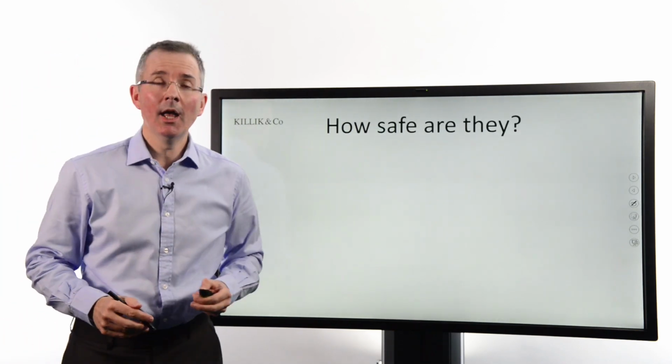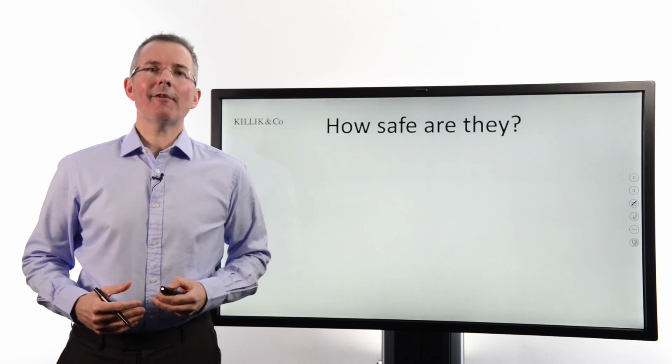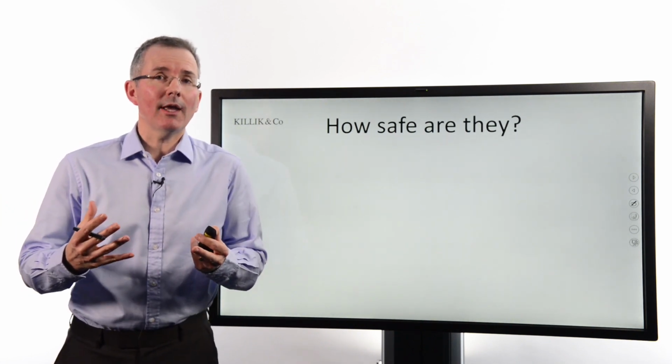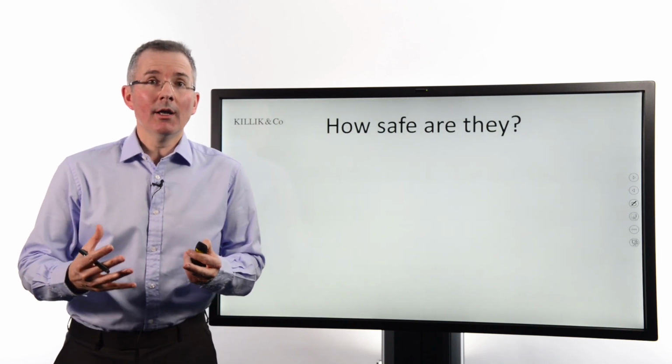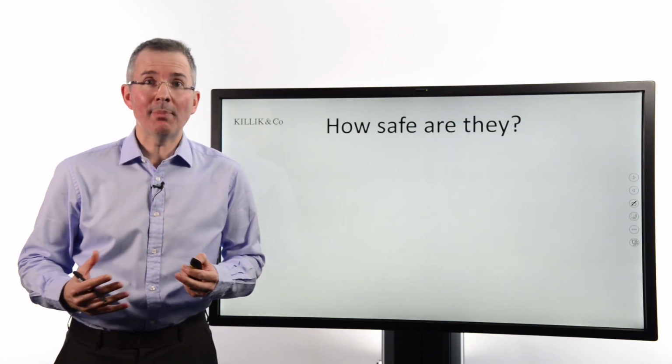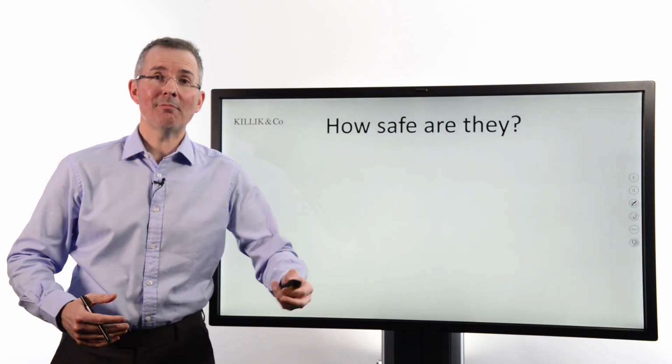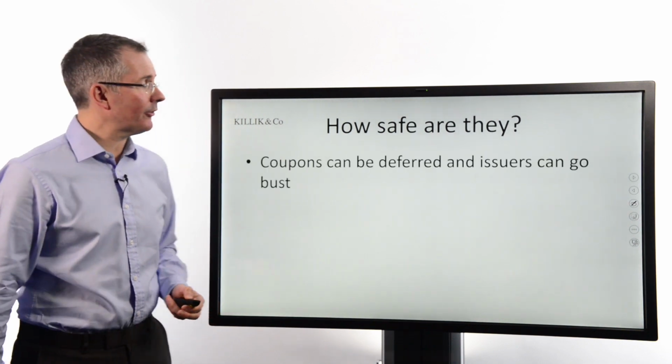Now, I'm going to finish on safety. If you buy a fixed income security, how do you know how safe it is? Because I said a major risk is that the price goes down as well as up. That is a risk, but the other risk is that the issuer goes bust. If that happens, you can forget about future coupons, you can forget about getting your £100 back at the end. Luckily, someone does the job for you.